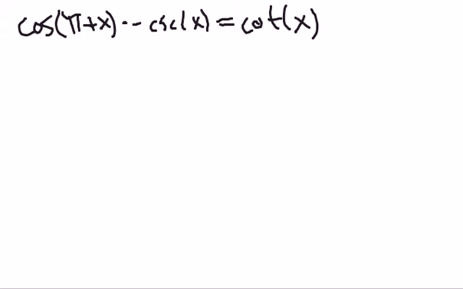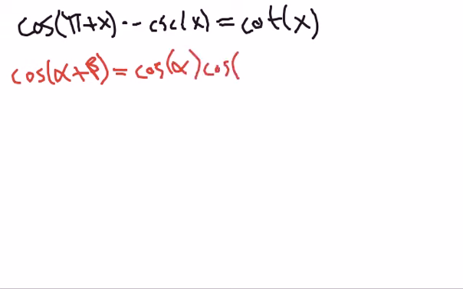Okay, so essentially what we're going to do here is prove, using fundamental identities, that this expression is equivalent to this expression. There are a few different identities we're going to use. First off, we're going to use the sum identity for cosine. If you don't recall, that formula says the following: cosine of alpha plus beta, where alpha and beta are angles, is equal to cosine of alpha times cosine of beta